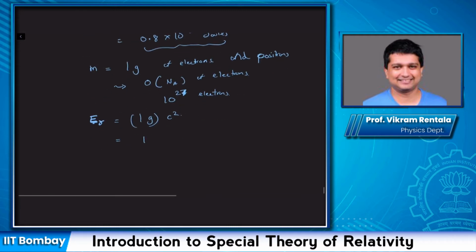And this m is, in SI units, 10 to the minus 3 kilograms. C is 3 times 10 to the 8 meters per second, whole squared. So if we square this, we would get 10 to the 14 joules of energy,